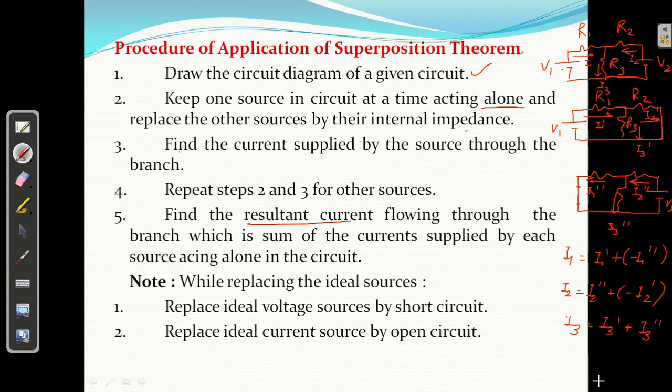Clear? Okay, so please remember, whenever we are considering one source, remove the other source by its internal resistance if any. Otherwise a voltage source will be shorted, a current source will be open, and find the current. How to find this current is our headache. You can go for KVL, KCL, the series parallel technique, source transformation, or simplification technique. You can apply KVL, or the current division theorem.